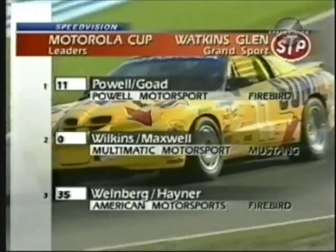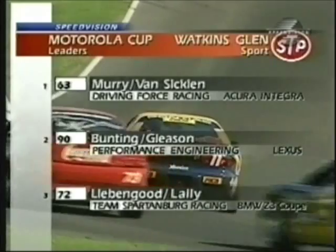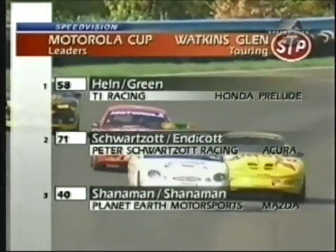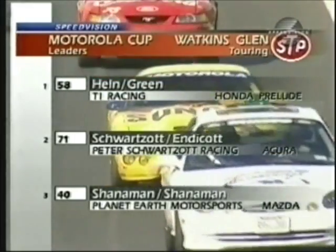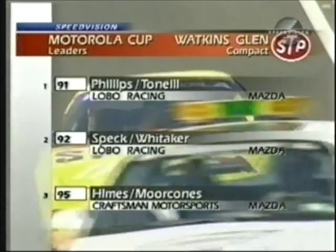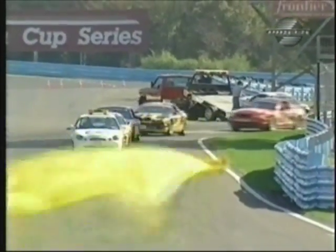Stu Hayner in the 35 Firebird runs in third in the sport class. It's that 63 Murray Van Sicklen Acura Integra just in front of the Bunny Gleason number 90 Lexus. Back in touring, we've got the Mark Hine and John Green number 58 Honda Prelude. We've got the Schwartz on Endicott 71 Acura running second, and in compact, Phillips and Tonelli, Mazda Miata car number 91 leading their class. While we're under full course yellow and everybody has a chance to catch their breath, let's check in with Terry